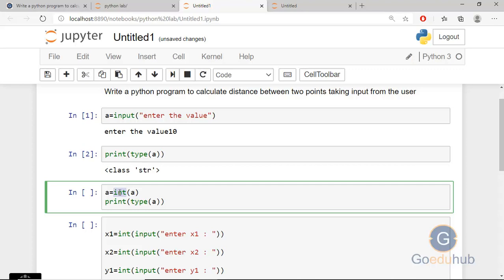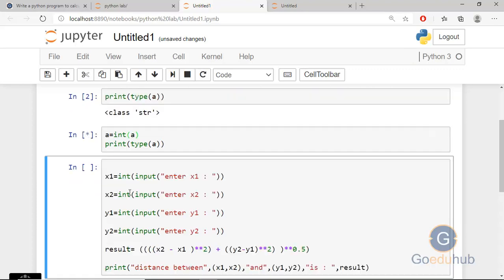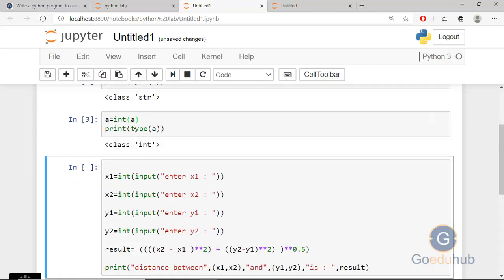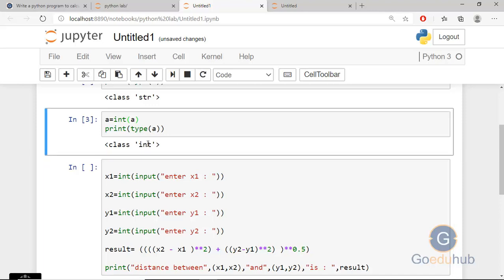So a equal to int a. Now you can see after that I'm checking the type again for the a, it's int. So are you getting? Means I have converted the string value to integer. Now you know how to take the user input and how to convert that input to the integer or